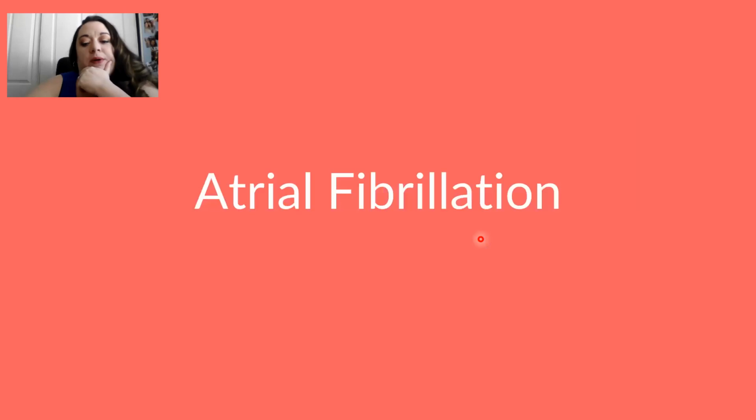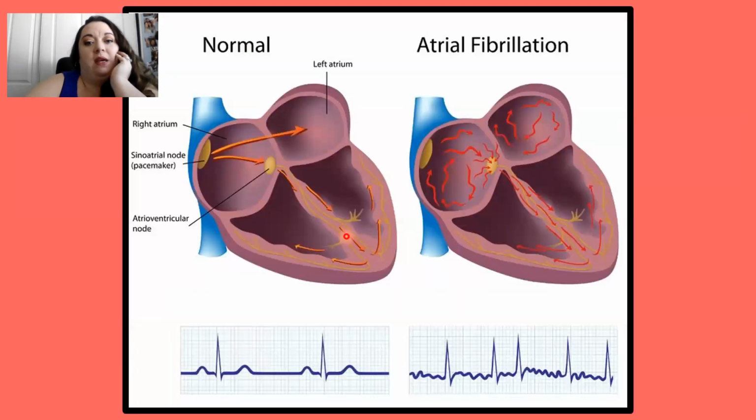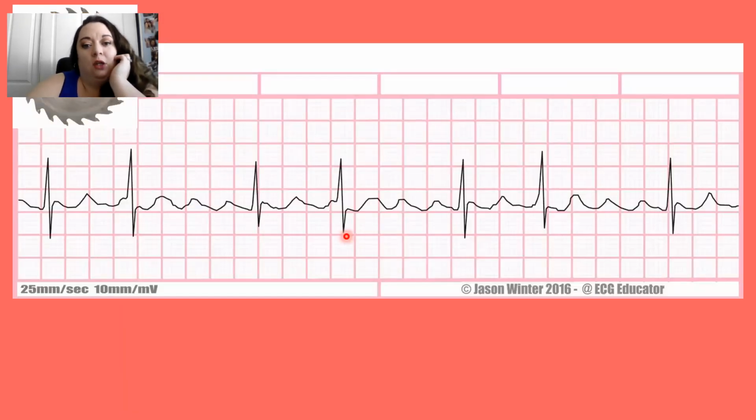Yeah. All right. That one you're going to see a lot. Atrial flutter, short version is basically the same pathology. My atria are firing more frequently than they're supposed to, but instead of being chaotic, it's a little bit more organized. So I'm still going to have multiple P waves to one QRS. I'm still going to have risk of clot because blood is stagnant in my atria, staying still longer than it should. But the only difference between AFib and a flutter is that flutter is just more organized,